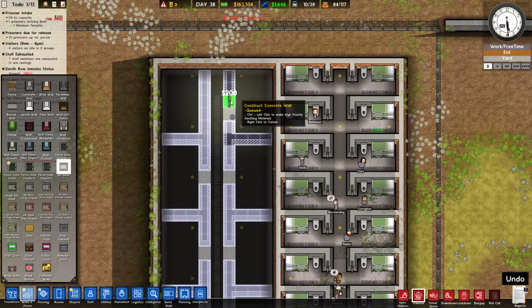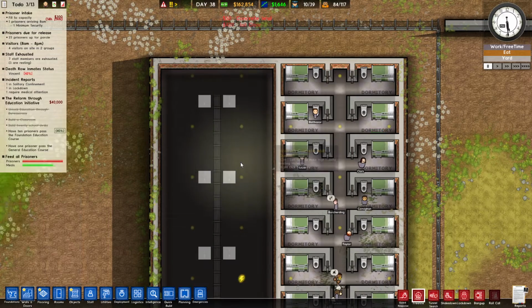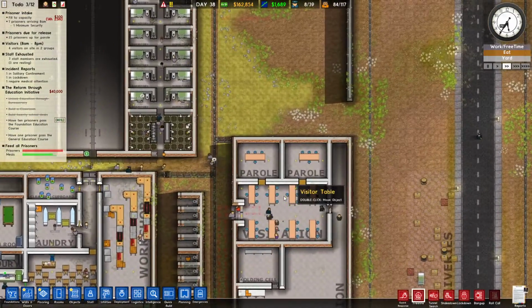Ooh, that's not what I wanted. Right click there. We'll right click there and then we'll just put back the concrete wall in there. Okay, there we go. So hopefully they'll go ahead and install those pieces first. This guy,